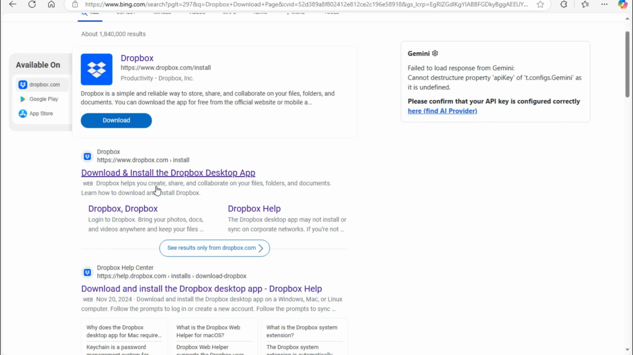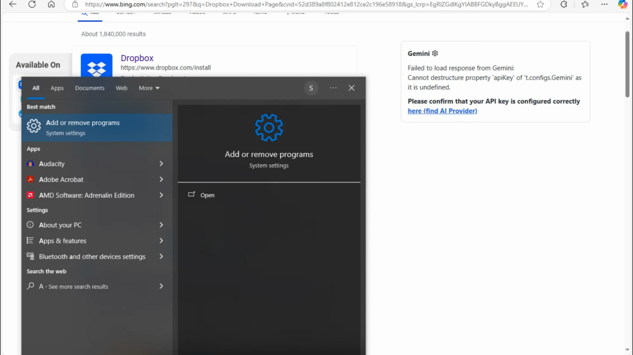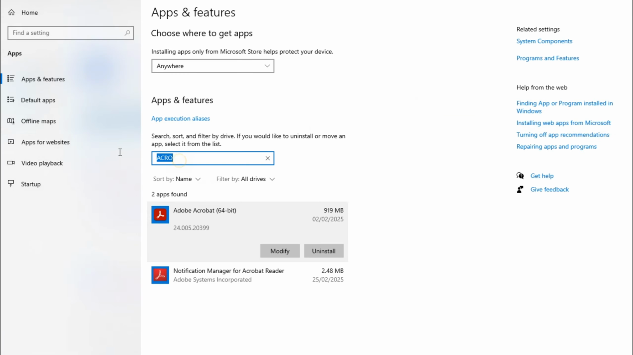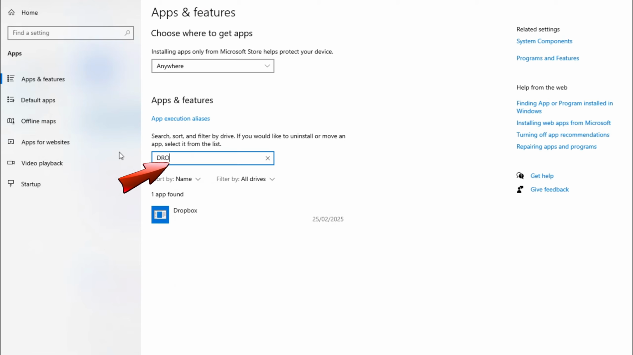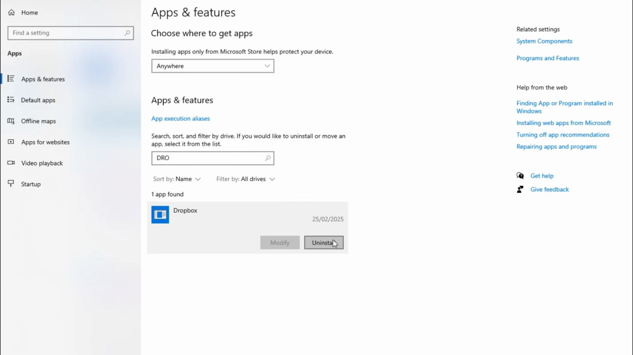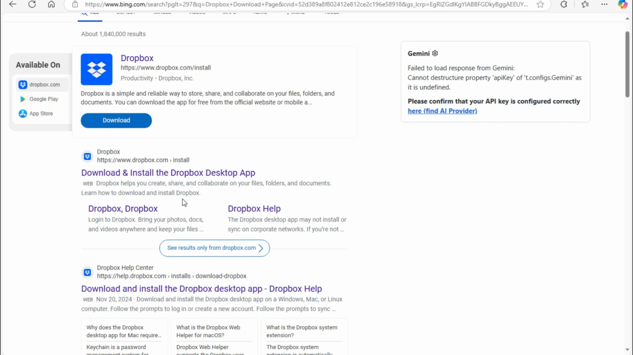Next, if this method didn't solve the problem, then you can try to simply reinstall your Dropbox. So before you update your Dropbox, you could also go to Add or Remove Programs and uninstall your Dropbox. After that, you need to reinstall it again. So uninstall it first, reinstall to make sure that your Dropbox is up to date,